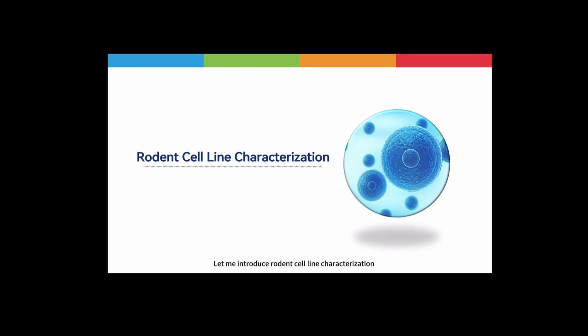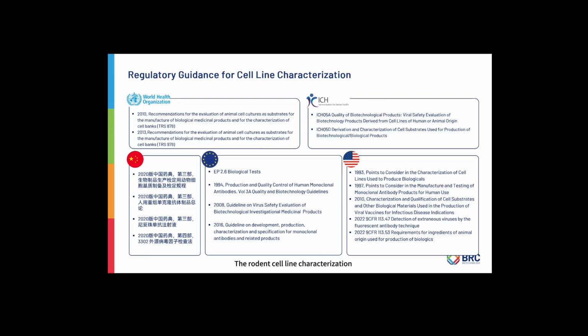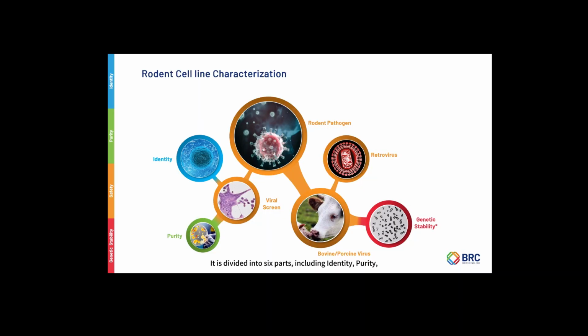Hello, let me introduce rodent cell line characterization. The rodent cell line characterization is based on the guidelines from the WHO, ICH, and the Pharmacopoeias of China, Europe, and the United States. It is divided into 6 parts, including identity, purity, virus screen, rodent passenger, retrovirus, and bovine and porcine